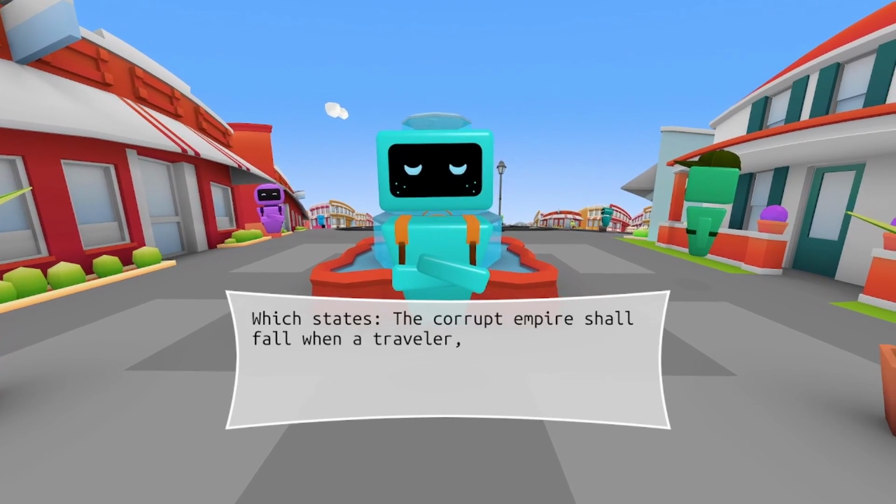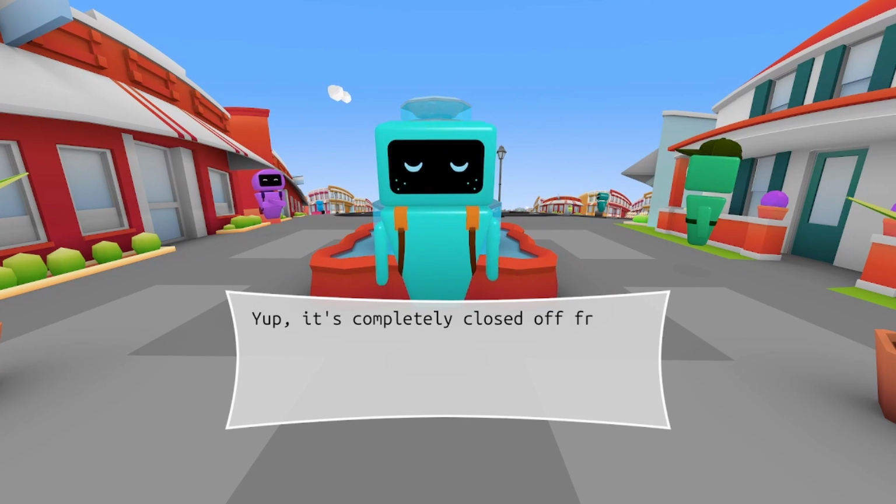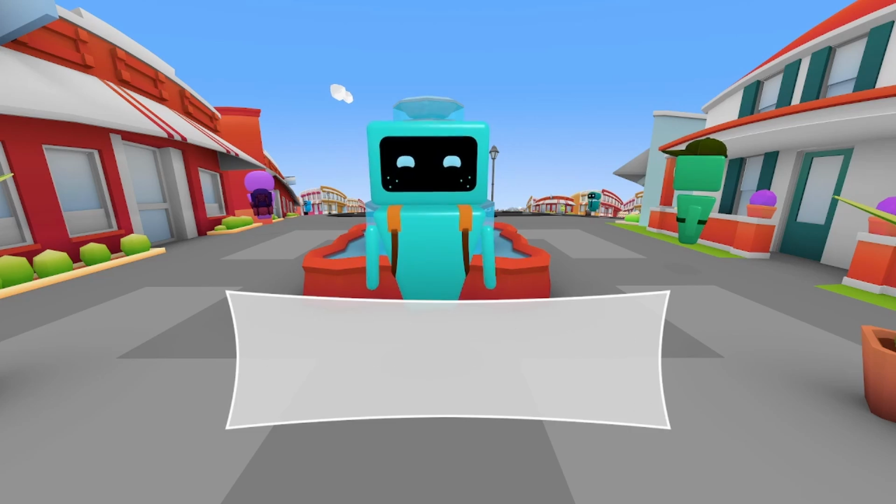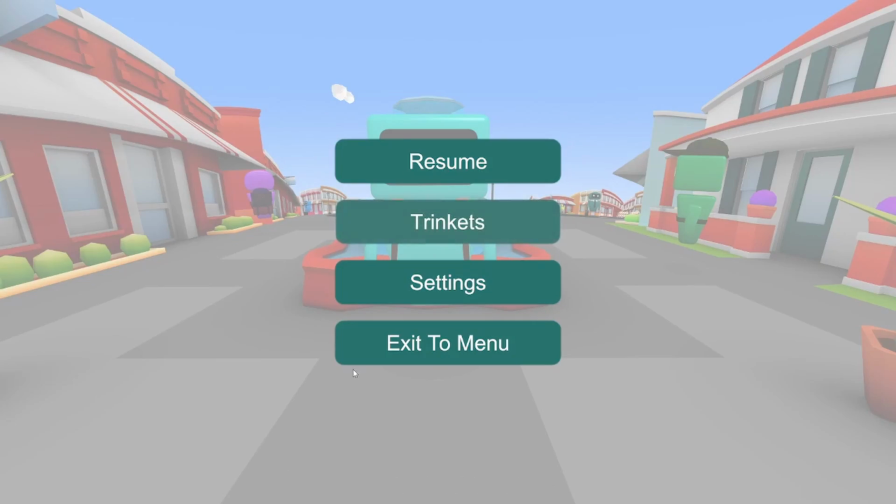So you're going to spam through his text, and then he's just going to be talking about, I don't know, the brain link or however you got here, and then the autosave complete text comes up, you hit exit menu again, and then you hit continue. So now you spawn in the middle,